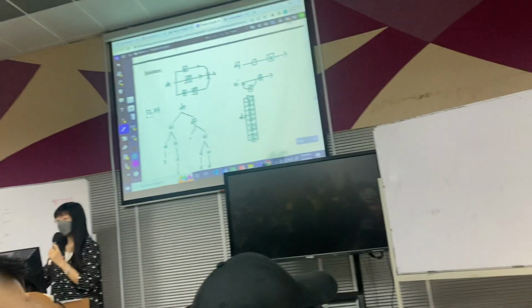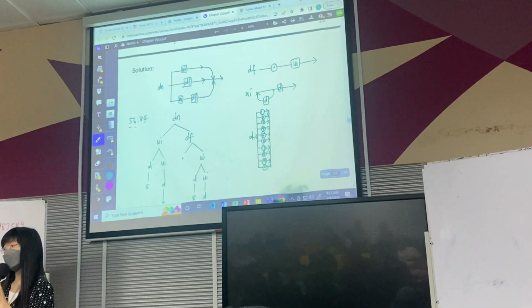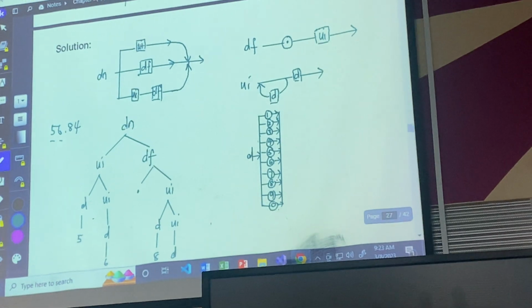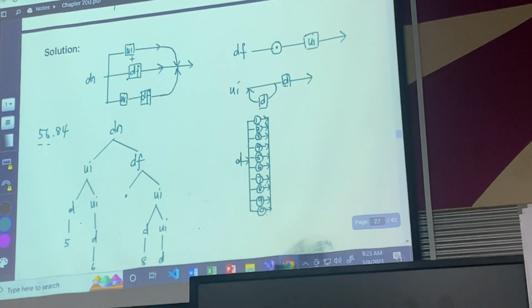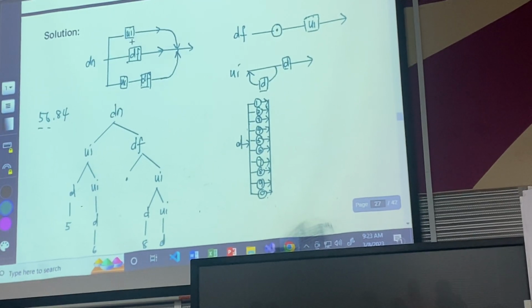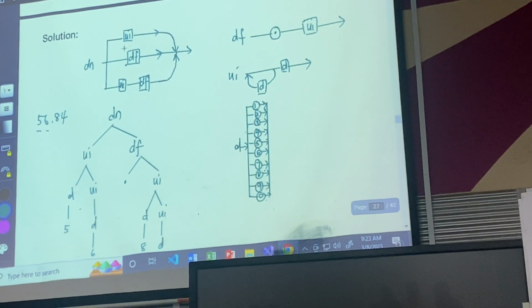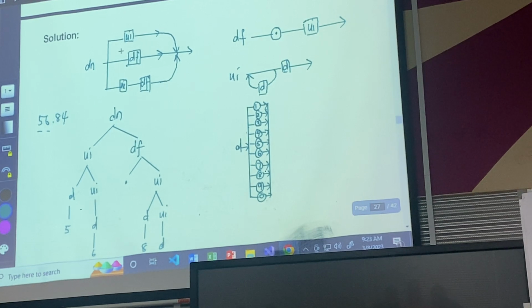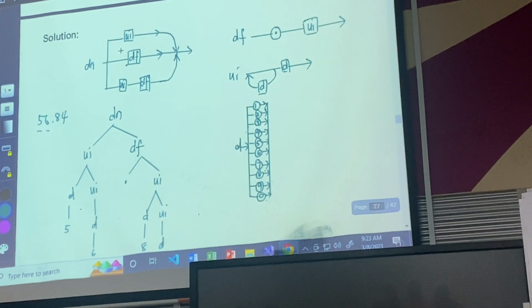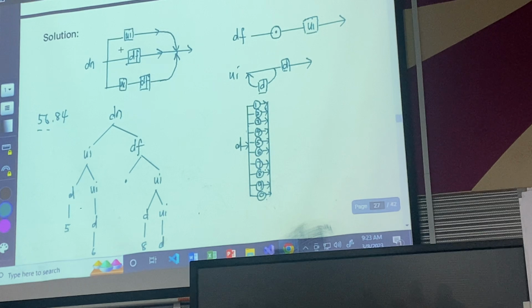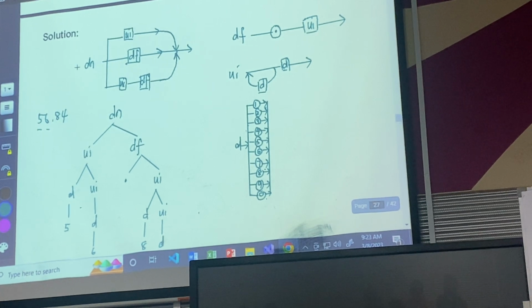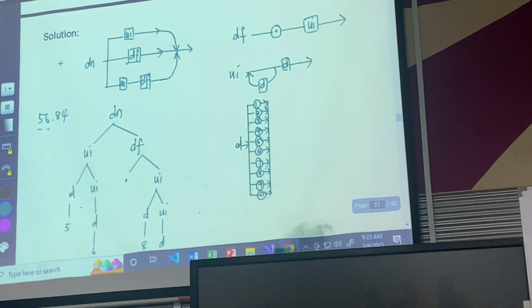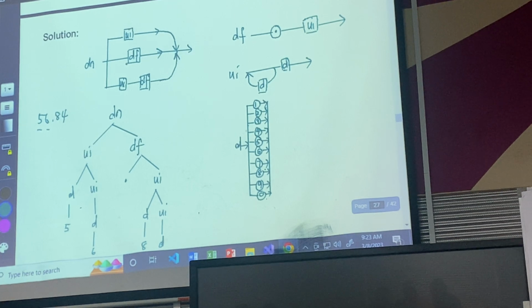All the non-terminals, we will put them in also, right? But when you convert to the master diagram, all the non-terminals here, we won't show. So another way to say it is, if let's say we want to draw a master diagram now, in the final answer, what we should have is only this one,